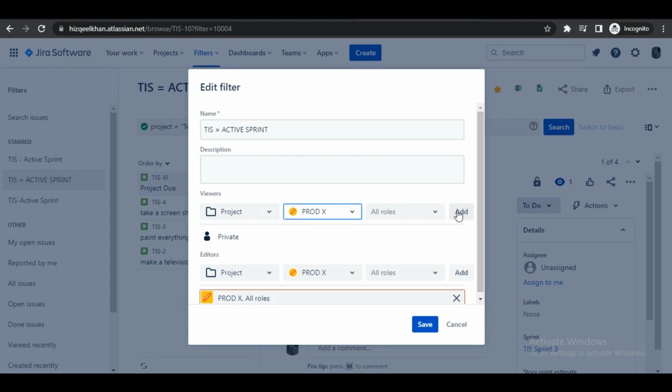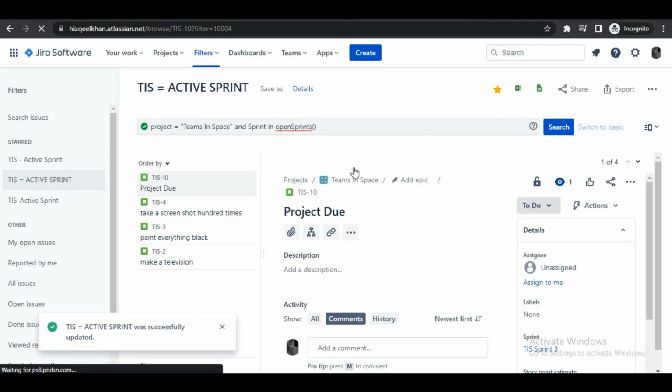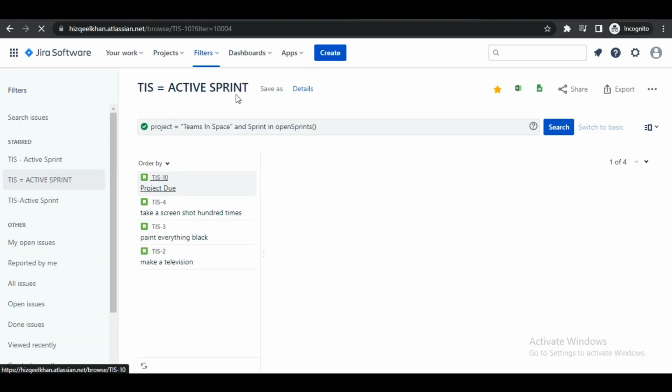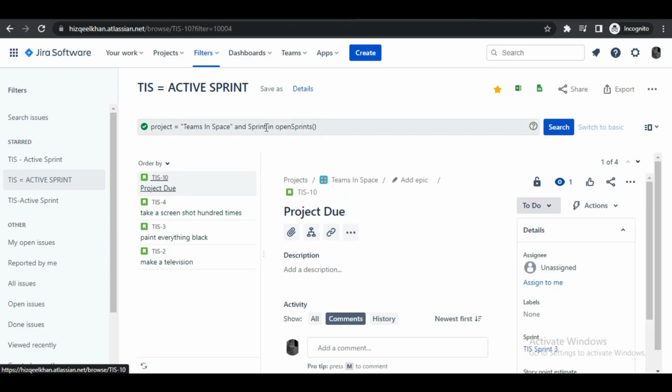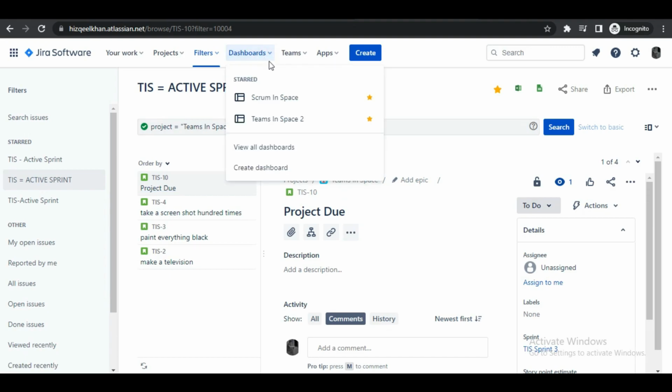Once you have provided necessary information and set the sharing settings, click on the Save or Create button to save the filter. In the future, you can easily access and apply the saved filter by clicking it from the list of saved filters. This feature enables you to quickly retrieve specific data views or configurations, saving time and effort when managing